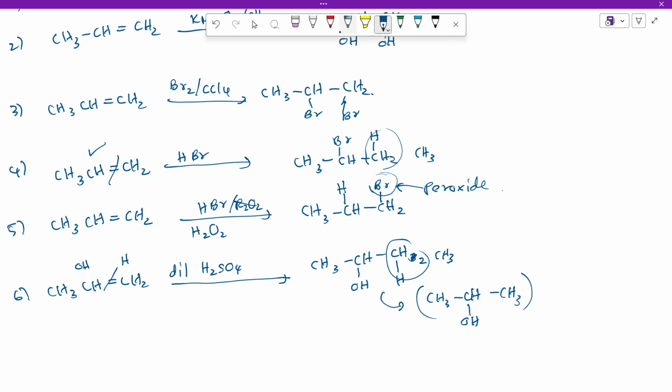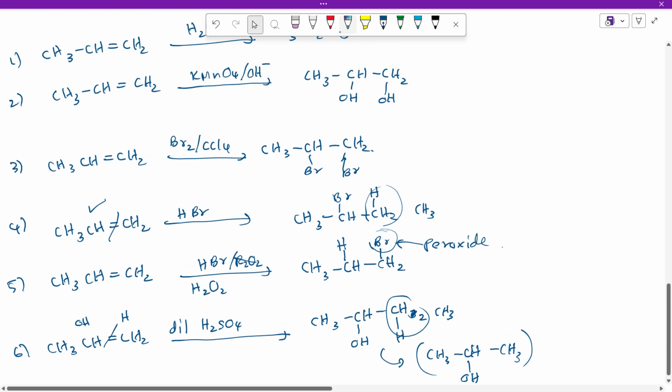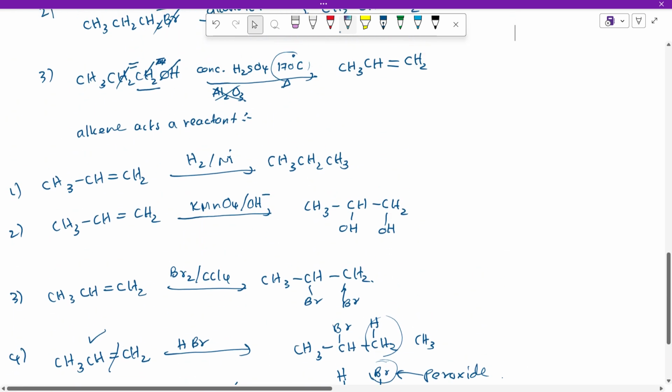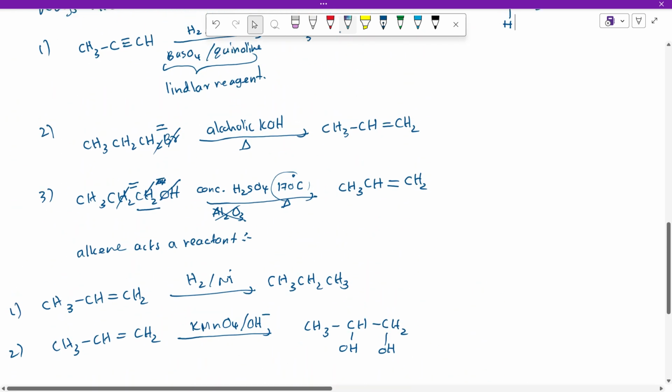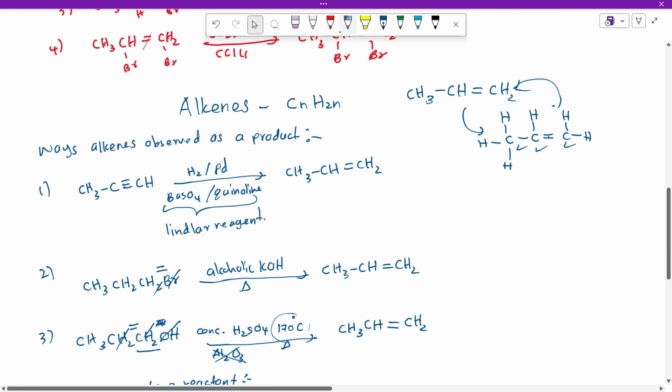That's all under alkenes. This is the summary that we should be using to revise the concepts with regard to alkenes. Afterwards it's about the alkynes and its reactions that are expected to be discussed. So for today